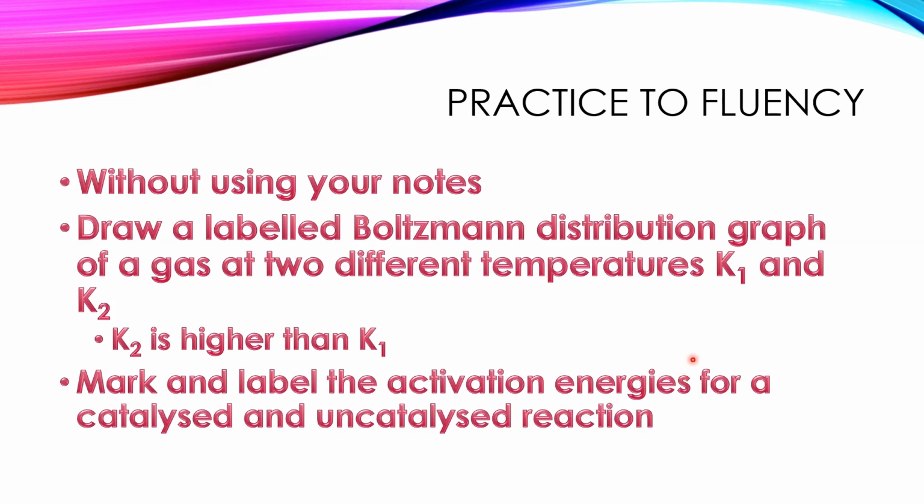So for this part, feel free to draw the Boltzmann distribution. It should be on OneNote because it's drawing. And what you want to do is 你需要去画 two different temperatures of K1 and K2, where K2 must be higher than K1. Mark and label where the activation energy is for catalyzed and uncatalyzed reaction. Okay, 所以也就是讲你 speed up 了之后，它的那个 activation energy 是在哪里？然后没有 speed up 的情况，它应该是在哪里？